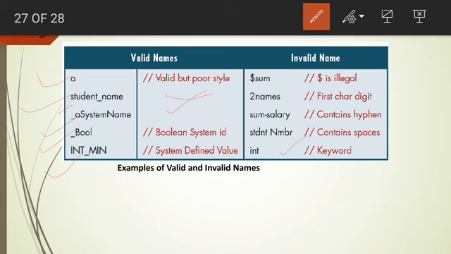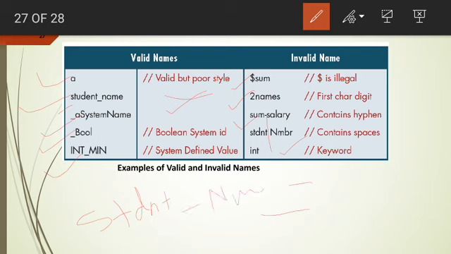So these are some allowable identifiers, meaning the names used for data. Not allowed are the dollar symbol, and digits at the start, and a dash as in some-salary. You have to only use the underscore, not the dash sign. Then where you have placed a gap between words, that is not allowed.